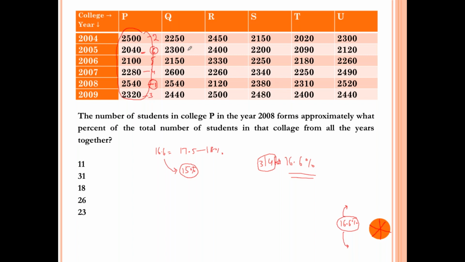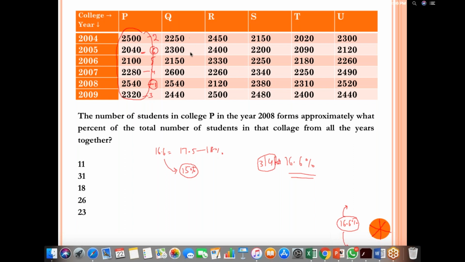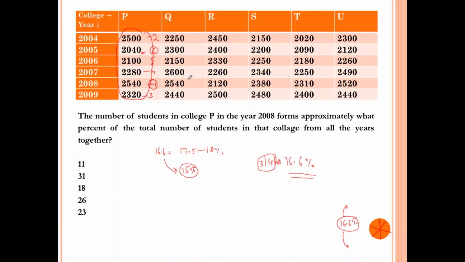Right, clear. So if I randomly ask you what is the percentage of, let us say, 2006 in this value. So here we'll say, okay, 2150 is the lowest one over here. The lowest one over here in 2006, out of Q I am calculating the percentage. So what I will say is this will be around 14% or maybe lesser than that, right? This is 14%. You may check, calculate and check it out later, right?